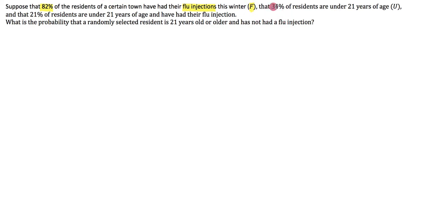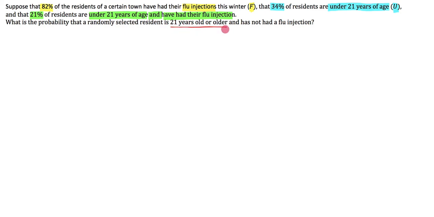Next, we're told that 34% of the residents are under 21 years of age, and we're representing that with the letter U. Finally, we're told that 21% of the residents are under 21 years of age and have had the flu injection. Finally, we're being asked to find what is the probability that a randomly selected resident is 21 years old